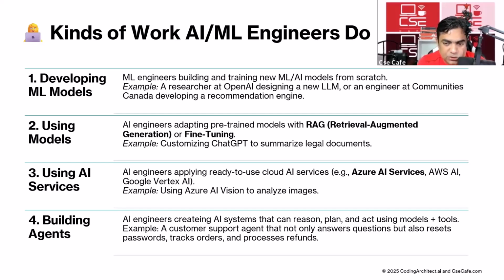Either you change the model with additional data, that is fine tuning, or you change the prompt with additional data, that is RAG or retrieval augmented generation. Clear about how you can customize a model for your business use case? Yes or no? I'm not asking about the how-to part, at least the two options that we saw here.